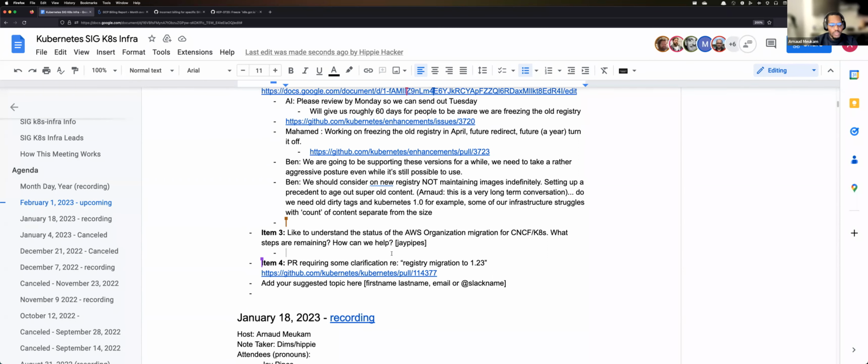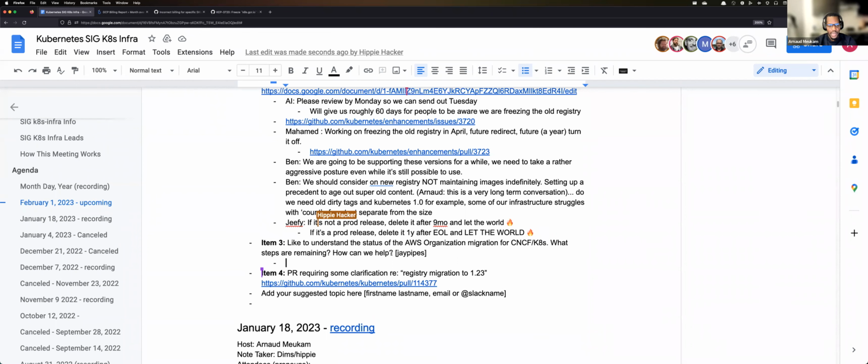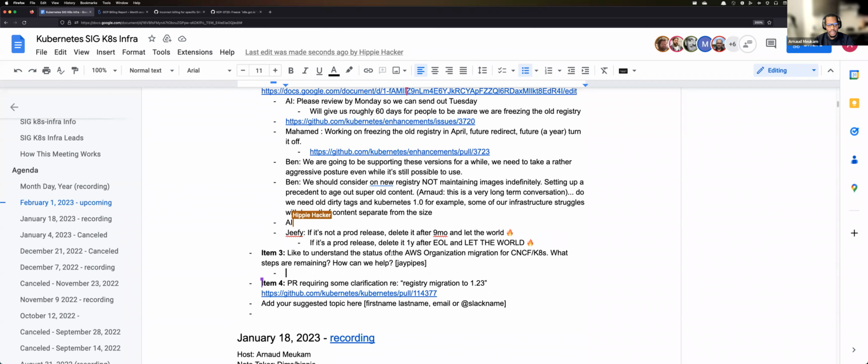Okay, I think the one thing we should basically do is open some kind of issue to track this in the KK repo and have the right people talk about this. I'm thinking about people like SIG Arch, specifically SIG Arch, and SIG Testing, to discuss how we establish